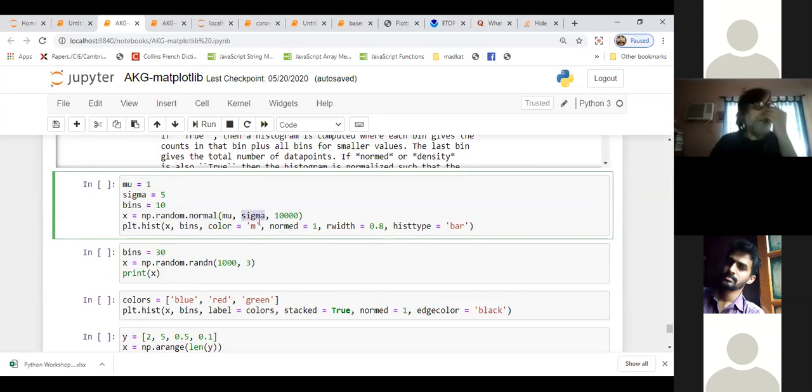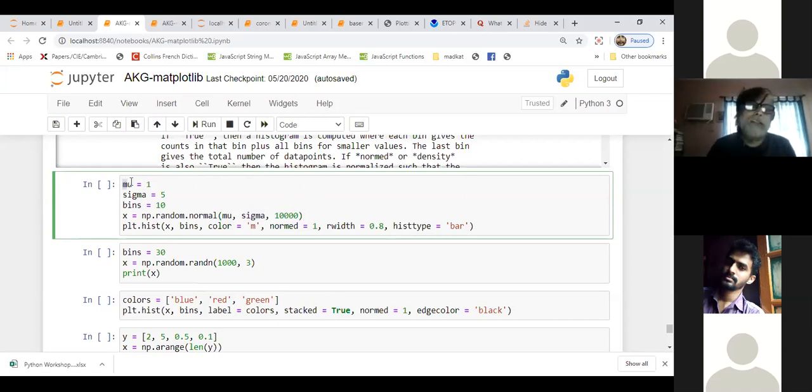If I give you mu and sigma, that's it. The distribution is defined. It will create the distribution, and if you want a distribution of 10,000 points, it will get 10,000 random numbers whose distribution is a normal, bell-shaped, or Gaussian distribution.